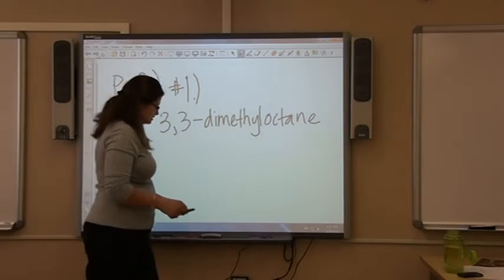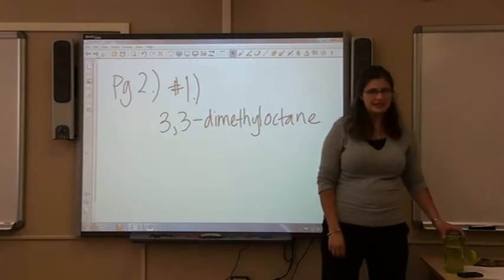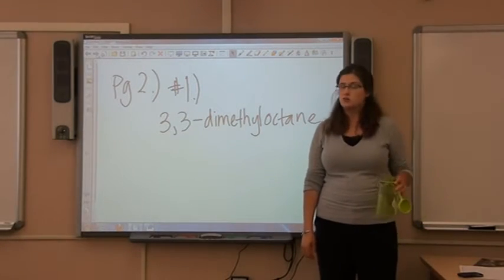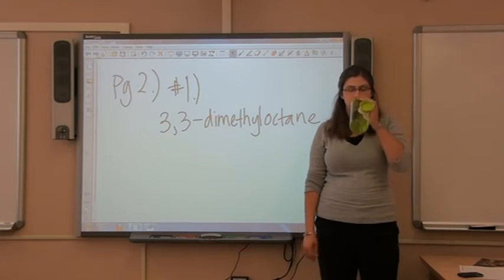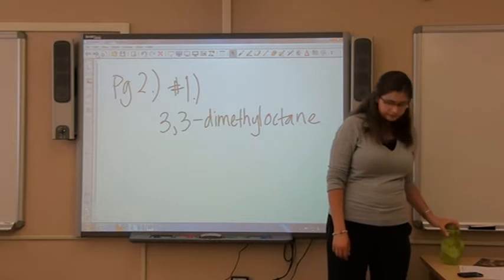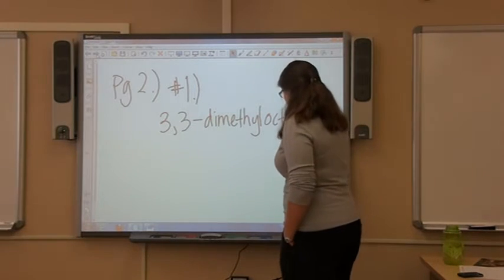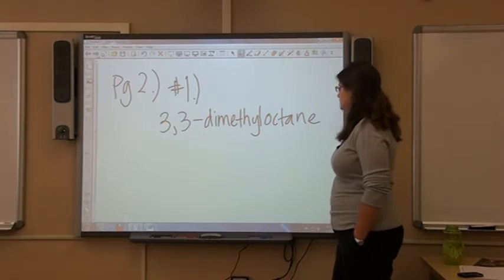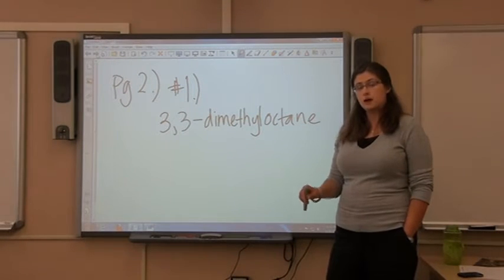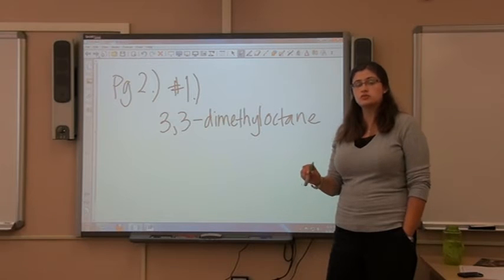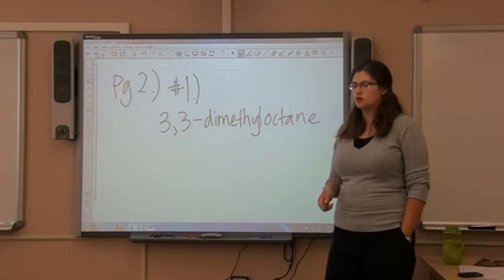Okay, now there is a small group on the homework where you have to take a name and draw a compound. We didn't do any examples like this in the first lecture, so let's do one of these right now. Okay, so here we have 3,3-dimethyl octane. When you're drawing compounds from their names, I want you to do this in the backwards direction. So you want to draw the compounds the way you would write them. So always start with the parent